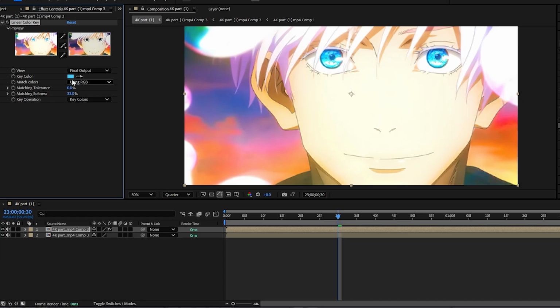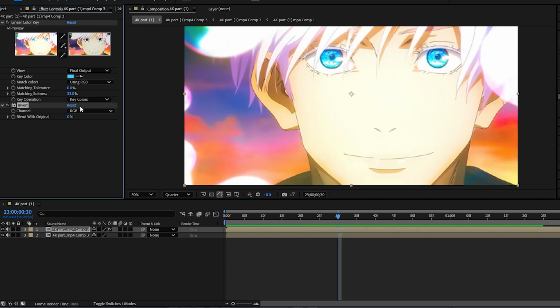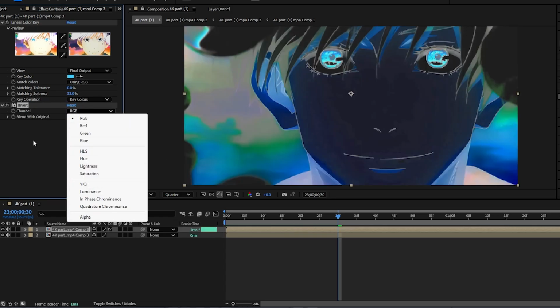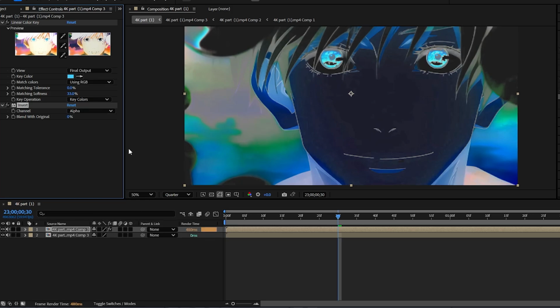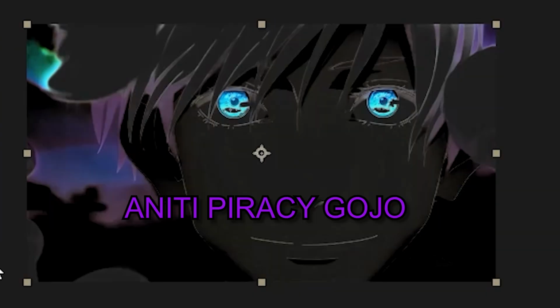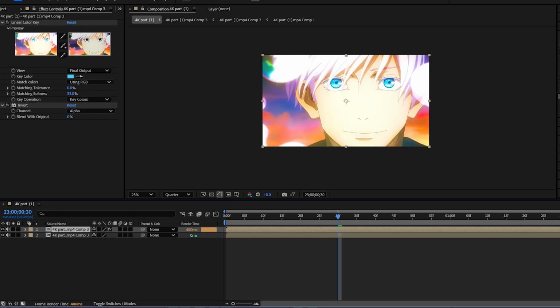So that looks pretty good with the default settings. What you're going to want to do next is really easy. You're going to want to invert that same layer, make sure it's below the linear color key, and then change your channel to alpha. And what this is going to do is, if you take away the bottom layer, only show these colors. So if we add something like Deep Glow to this,